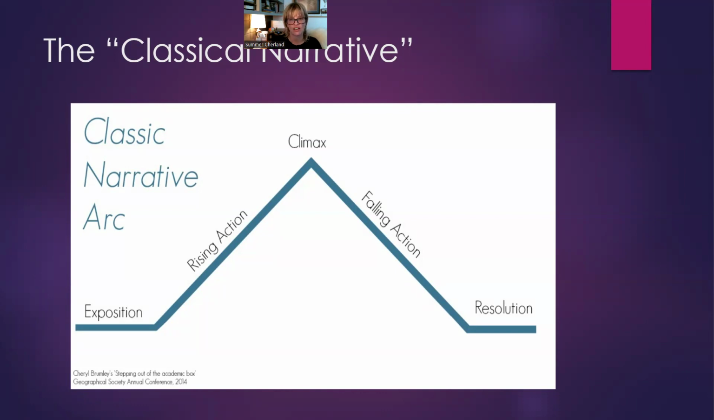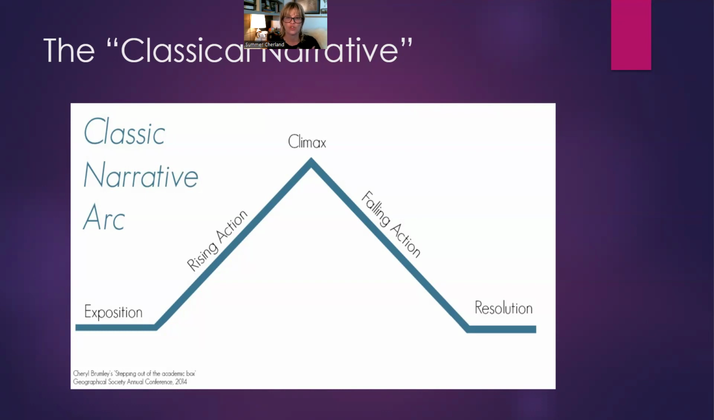So exposition is kind of the framing, the beginning of the story and what happened before, as well as where we are and kind of what the realities are in this moment. And then you have kind of rising action. So you have a building of tension, a building of conflict, a building of concerns,